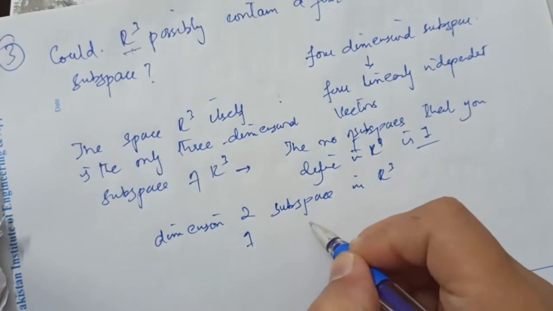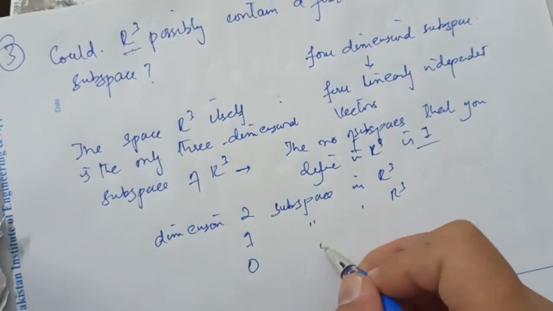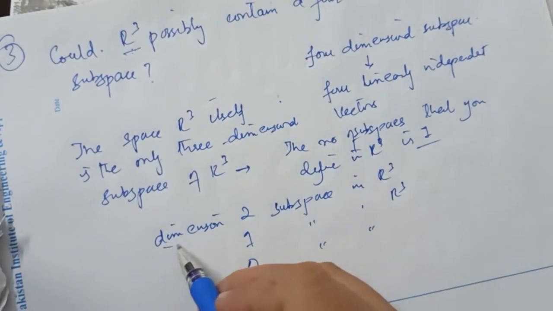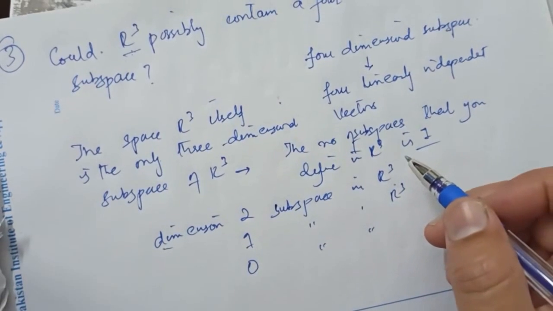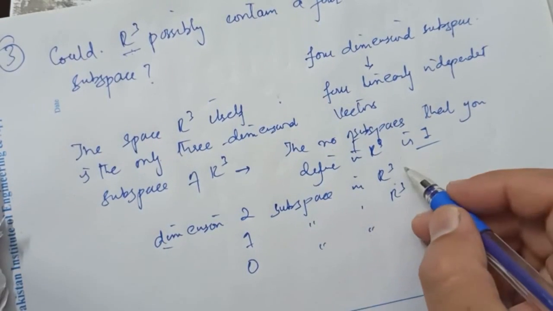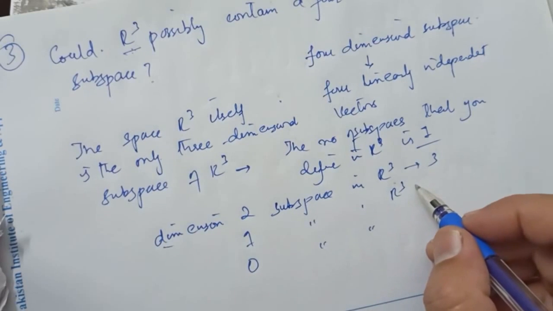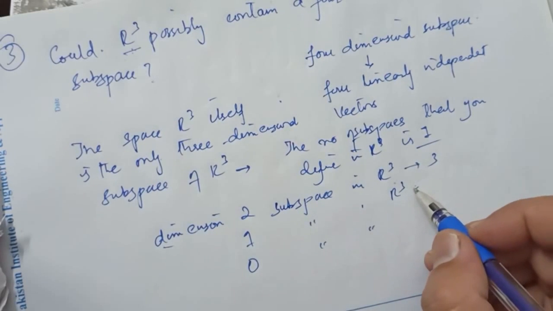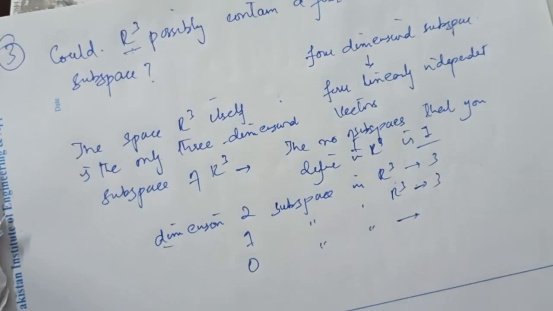A dimension 1 subspace in R cube, you can do that. And for the dimension 0 subspace, there could be many. In this case I think that will be 3, in this case again 3, and then you can have infinitely many if you want to define that. Okay,